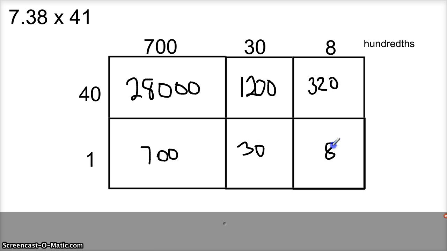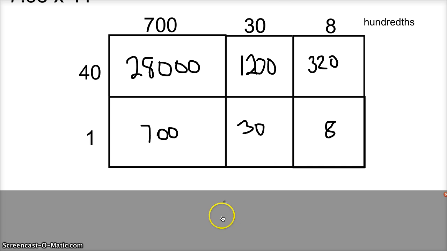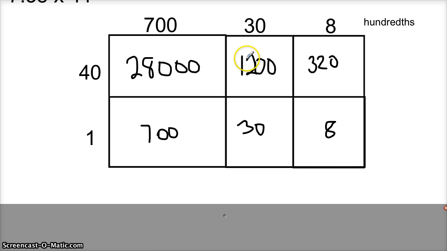730 and 8. So what I'm going to do is add up these numbers just straight down, straight down, straight down, so that I don't have 6 numbers to add up, I only have 3. And I can even do that really quickly. I know that 28,700 makes